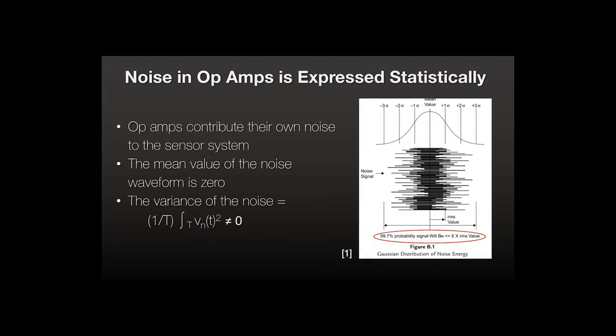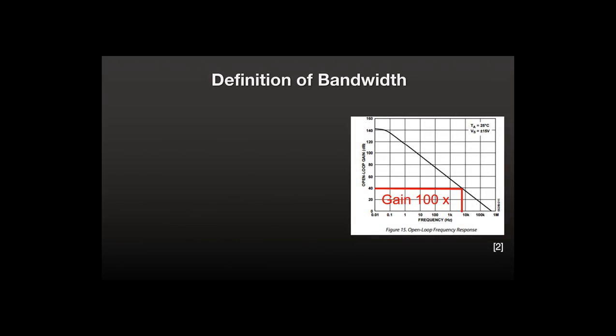The noise contribution of op-amps is expressed as a standard normal distribution with a mean and a variance. As seen in the previous slide, op-amps contribute their own noise to your sensor system. The mean value of the noise is 0, while the variance is expressed by the formula 1 over T times the integral of Vn(t) squared, which is certainly not 0. Vn(t) is the voltage level of the noise. Noise in a circuit depends on bandwidth, so let's back up a step and review the original engineering definition of